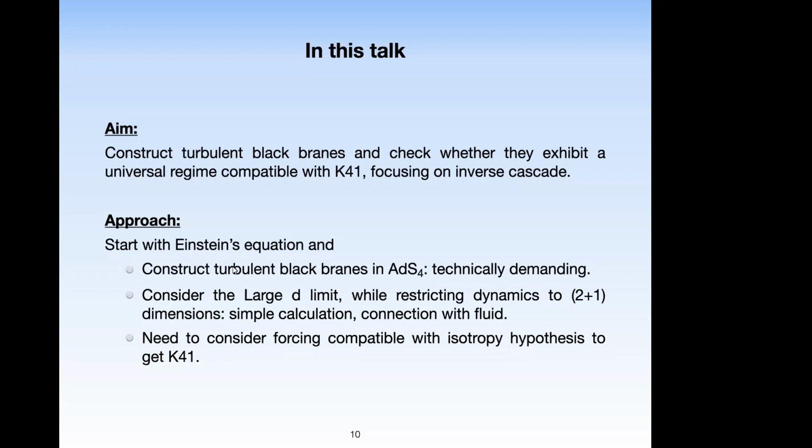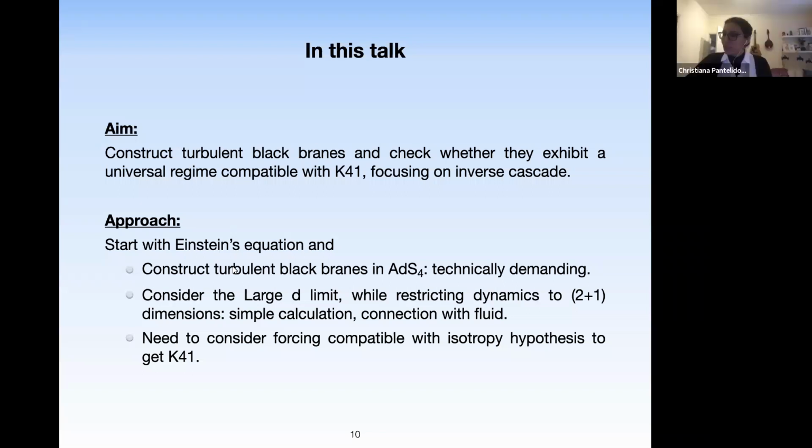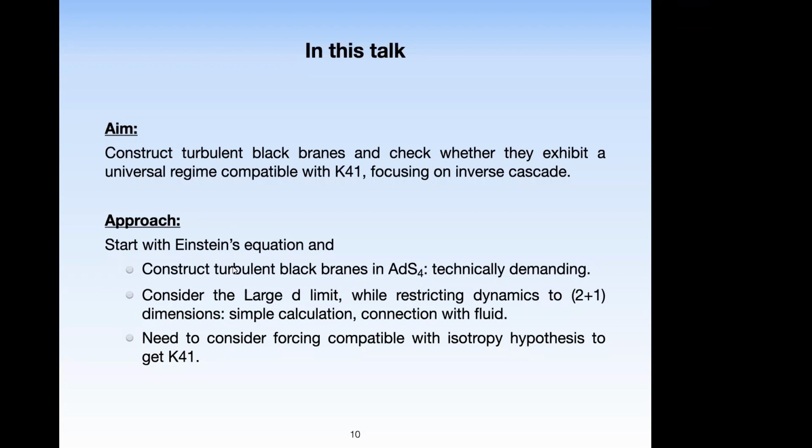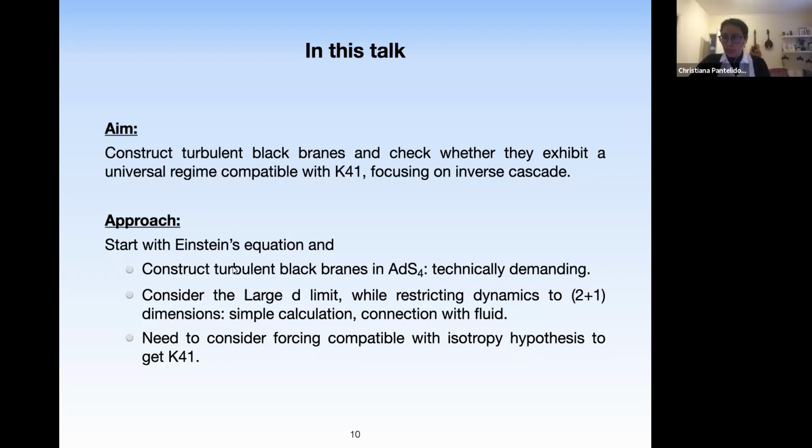Cool. Christiana, another more historical question. Paul Chesler et al. I even got at some point a spectacular view graph about how the horizon looks when you are in a turbulent regime, and it came from Paul Chesler, right? And Paul was quite busy with this in 2013, I had the impression. I thought it was 2014. And how does it relate? I think they didn't gravitationally back react, right? No, I think they did the full calculation. They took Einstein equations in 4 bulk dimensions, and they solved them, and they got turbulent black holes.